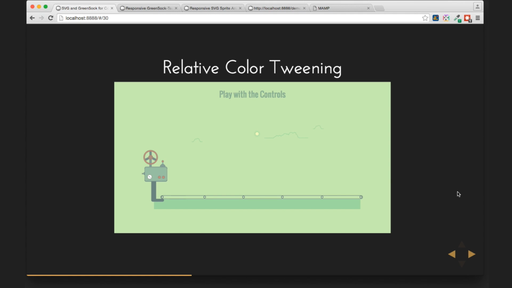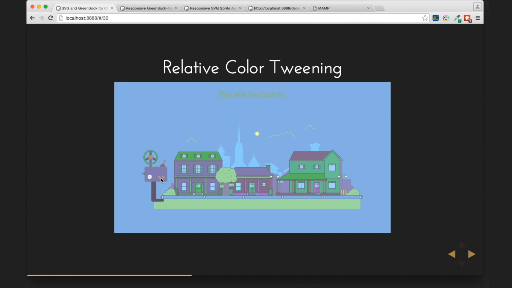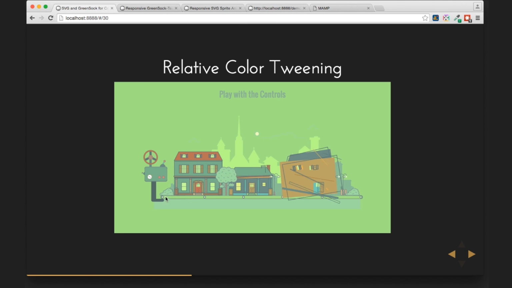We can also use that to make whole scenes. This is a city construction site, get it, website. We're going to make this whole thing come on, so we can drag it on. Then we can also adjust the hue and saturation values, and I made them slightly different so you get a different effect every time you play with this. Then the perspective, those things change, or we can just have the whole thing draw on by itself. But these are all cool things you can let the users control too.